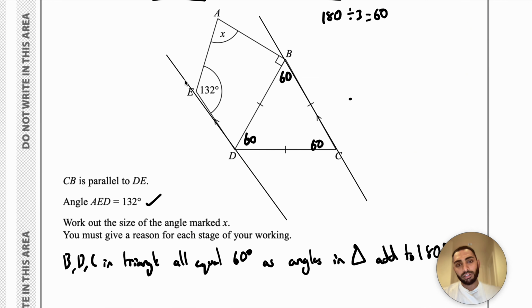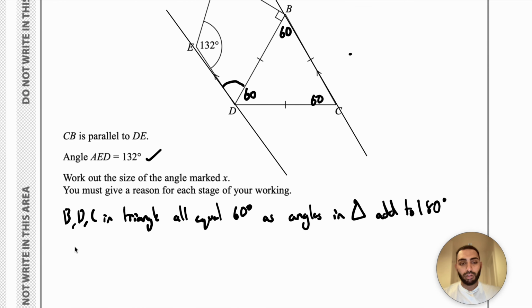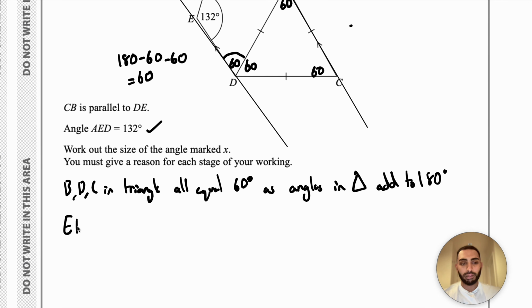And one of the rules that I can see is that these are going to be co-interior because I've got a C shape going on here. So that's telling me all of this angle and all of this angle will add up to 180. So I'm going to find this angle first. I'll do 180 minus 60 and minus that 60, which gives me 60. So this angle will also be 60. So the way I would write it is EDB, E to D to B, this angle over here, EDB, is equal to 60 degrees as co-interior angles